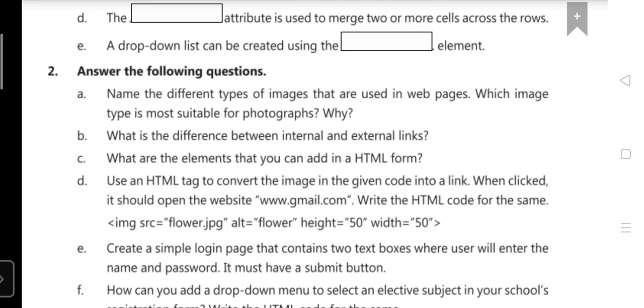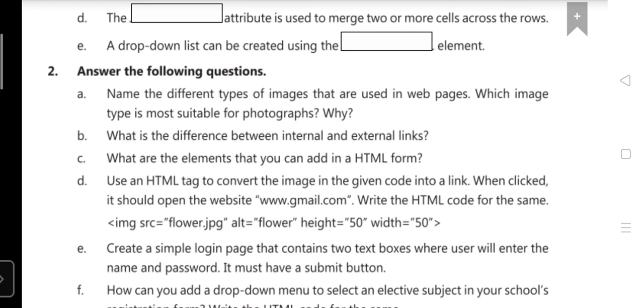Now E. Create a simple login page that contains two text boxes where the user will enter the name and password. It must have a submit button. Tell me from the question, anyone can tell me what we have to make?